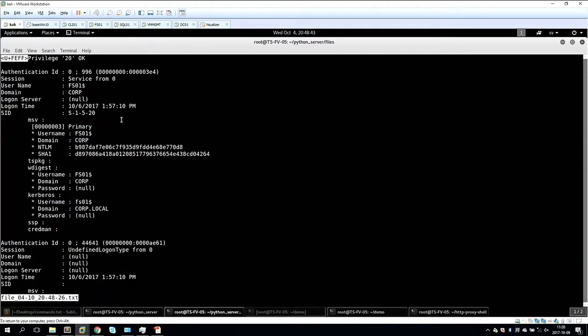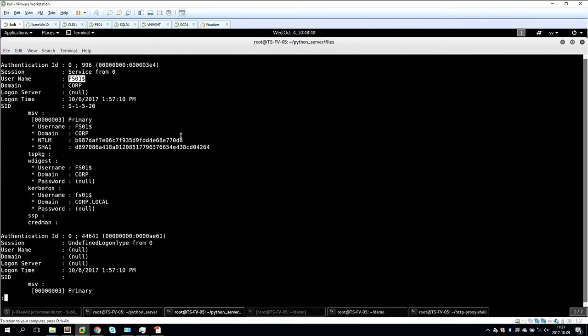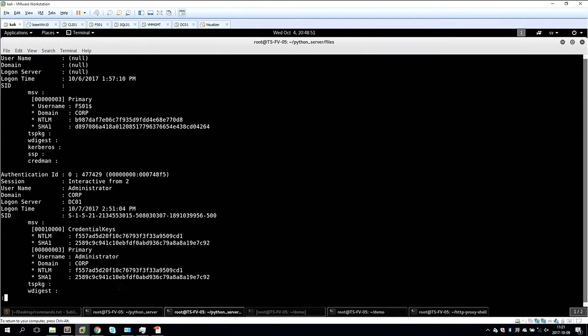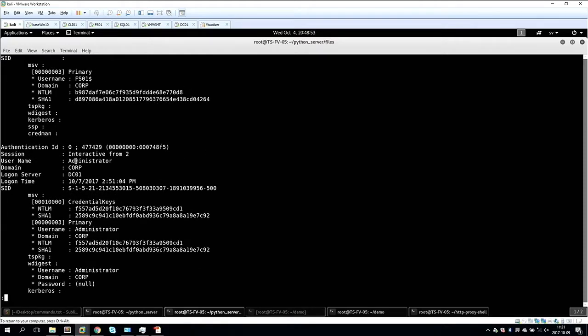Let's look at that. Now, I'm obviously running on file server 01. I can verify this because I have a file server 01 computer account in LSASS here. Let's go down and see if we have something more interesting here. And yes, we do. We have someone called administrator from the domain corp, which is logged on to the system